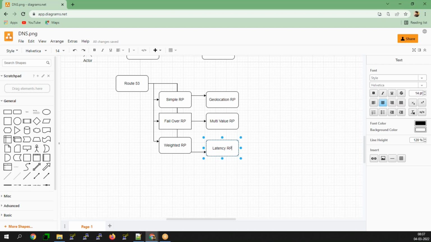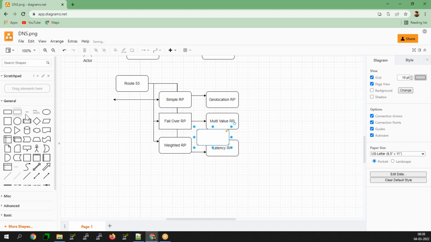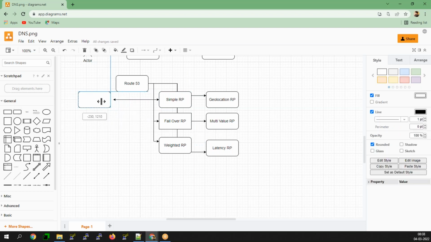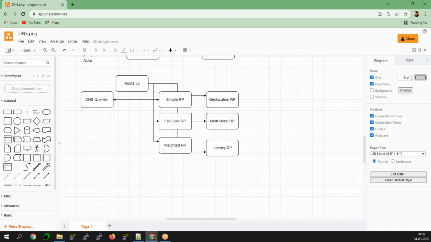The simple routing policy will just perform the DNS queries, whatever DNS queries you have, without any other additional feature. If you ask it to resolve the A record, it will resolve the A record.